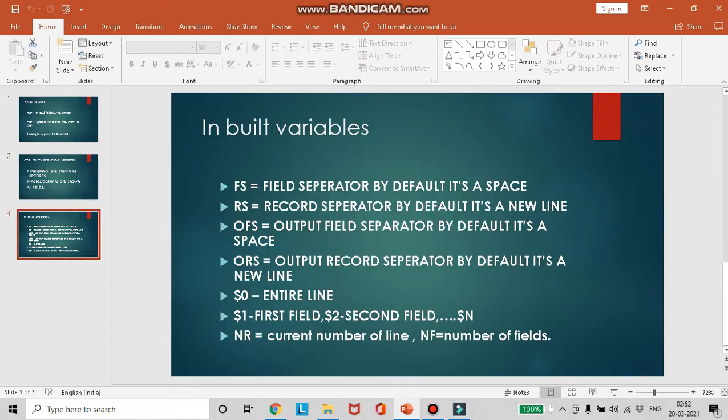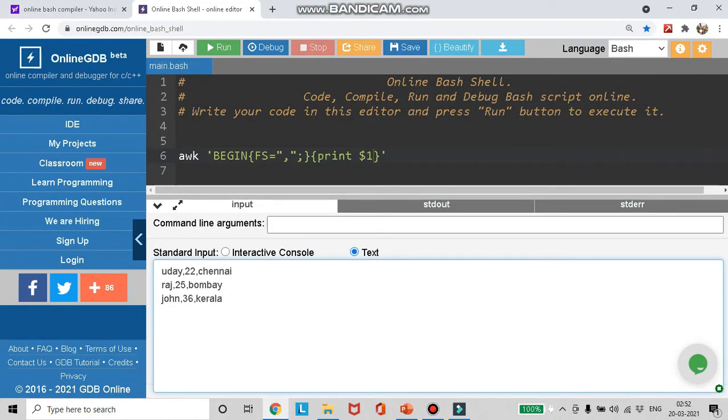And then come the inbuilt variables. Now let's take a look at this code. This is how it begins, the begin block, and here I have something called FS. What is this FS? This FS is called the field separator. Now look at our input. What separates our fields in this input? I said Uday, 22 and Chennai are all fields, right?